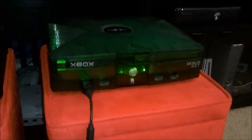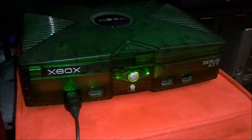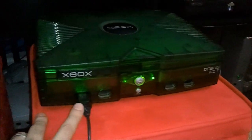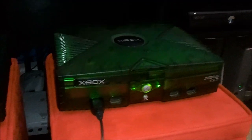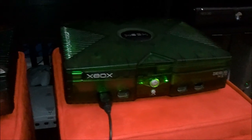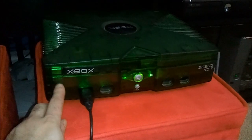But these two are pretty unique in different ways, and the first one I'll talk about is, as you can see, the green Xbox One Debug Kit. These fetch a pretty penny on eBay. I actually got this a long time ago when the Xbox Ones came out. Some of you guys may or may not know that I was very into the homebrew development scene on the Xbox One system. And this is actually the piece of kit that I use to do most of my